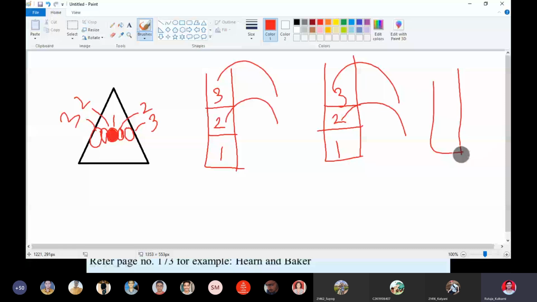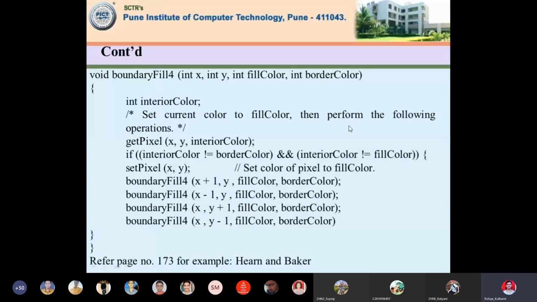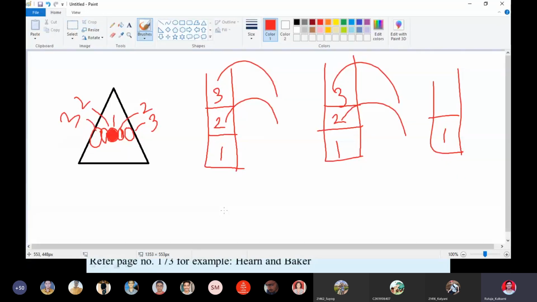Fine. Now after popping, what it does: we filled the right part, we filled the left part for the pixel. Now which is the next step? Third statement, boundary fill for x comma y plus 1. So definitely it goes above the pixel. Currently it reached 3, right?